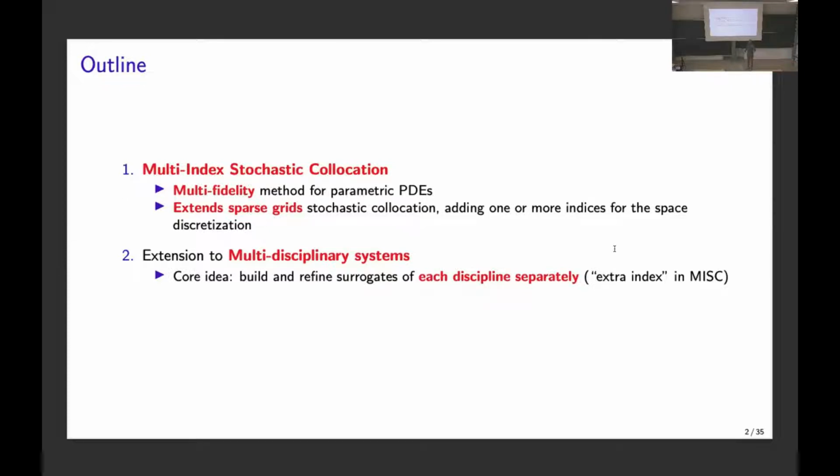So certain random parameters affect block 1, certain random parameters affect block 2. You want to propagate the uncertainty from the whole system to your outputs. And the idea turns out to be quite effective. Instead of treating the whole block as a single black box, it's a good idea to build surrogates, MISC surrogates possibly, for each single block, and then put everything together at the end. That saves significantly computational costs.